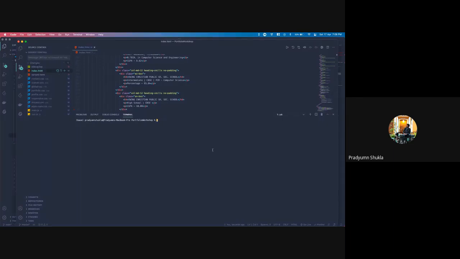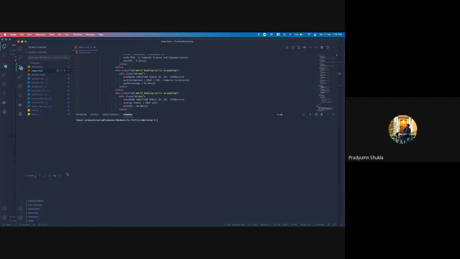So what you have done till now: you have initialized your repository, you have written some code, and you have prepared those code files to be saved. Now, how do you save it? There is something called commit. All the changes that you prepared for saving need to be committed. So by the command git add dot, you are putting all these files in an area called the staging area. Once they are in the staging area, you can commit them, and they will be saved in your repository.